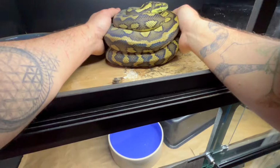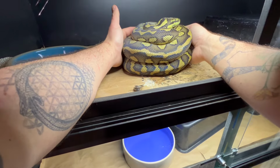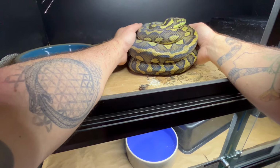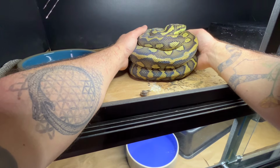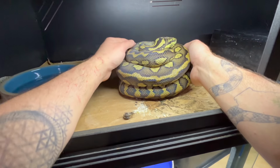I could let her maternally incubate, but she's not in any sort of nest container to help maintain humidity, and I don't really want to put her through that again. She's done MI for me in the past, and it was great. She did a wonderful job, so